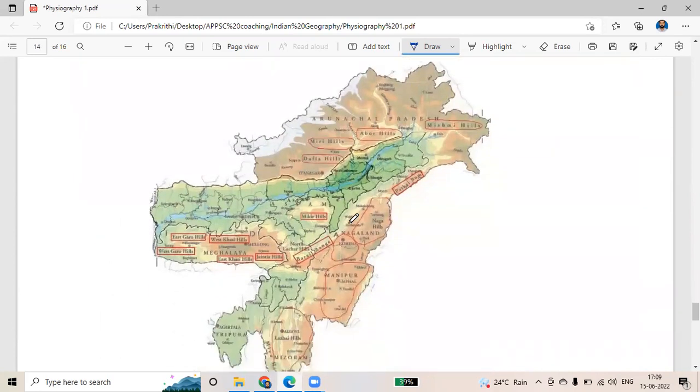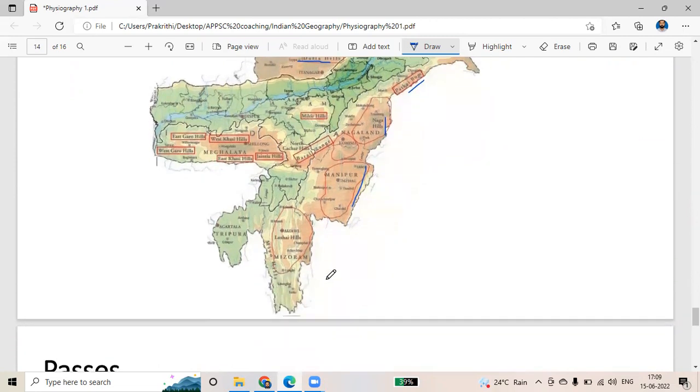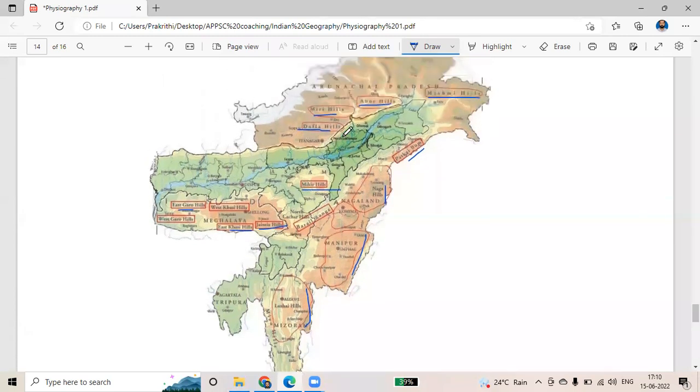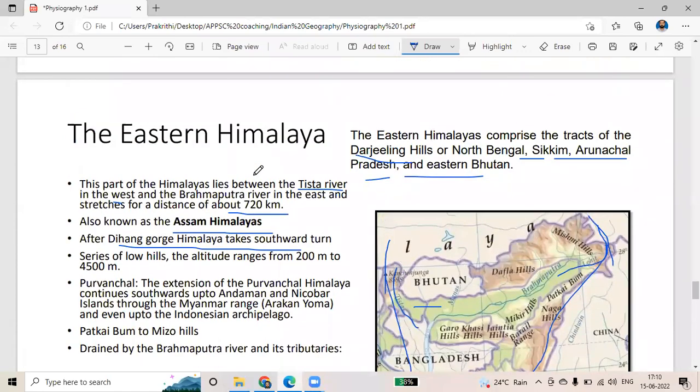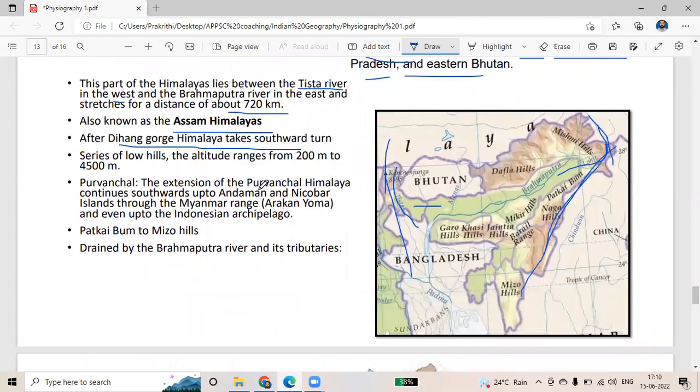so that is the Eastern Himalaya। वो डफला, मिरी, अबोर, मिश्मी, then पटकाई बम, नागा हिल्स मणिपुर में, यहाँ इसी रीजन में, then Mizo Hills, then गारो खासी जयंतिया हिल्स, then Mikir Hills। These are the major hills that come under the Eastern Himalaya। So as I said, यहाँ से यहाँ इसका extension है, southward extension है, and that is actually known as the पूर्वांचल हिमालय। पूर्वांचल हिमालय, that is ईस्ट, पूर्वम ईस्ट ना, तो ईस्टर्न हिमालय, पूर्वांचल हिमालय भी इसको बोलता है।